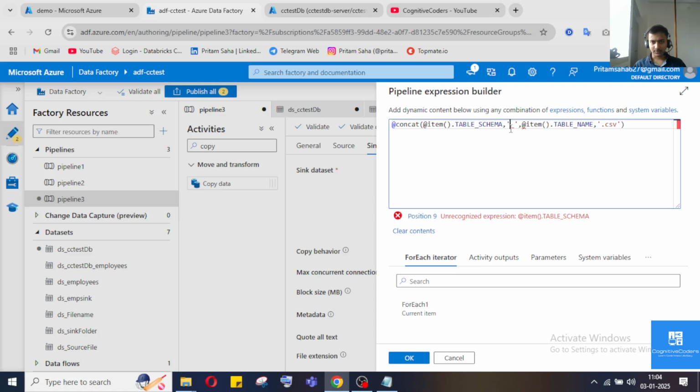Unrecognized schema, why is it giving me this? Let me check once again. I'm just writing. Okay,